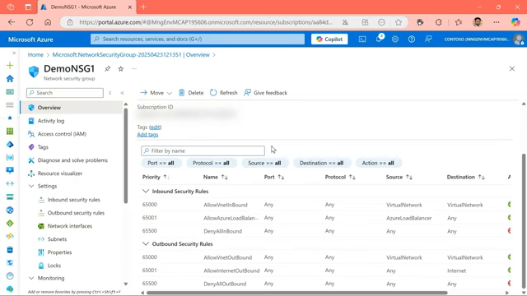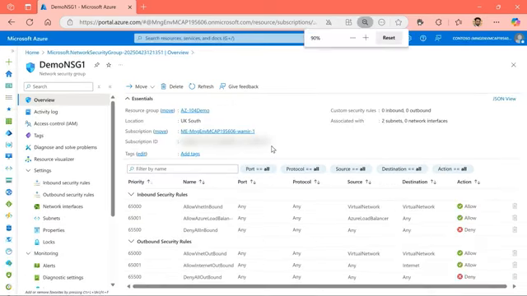As we created this NSG earlier on, we did not define anything particular apart from just choosing some basic details: the subscription, the resource group, the name, and the region. And the system automatically created the NSG for me. Now, as I come within the NSG settings, there are certain inbound and outbound rules that are already available for me